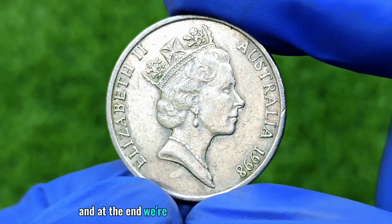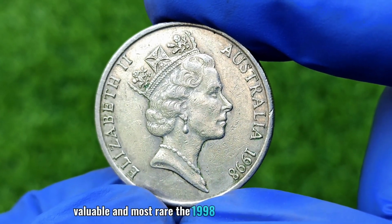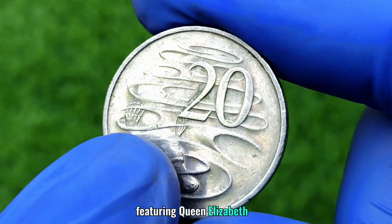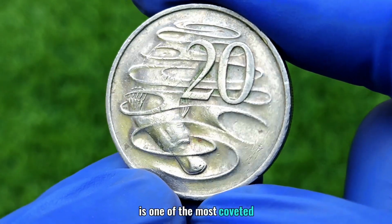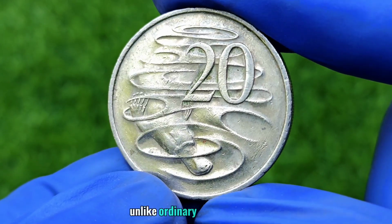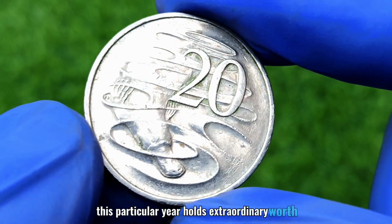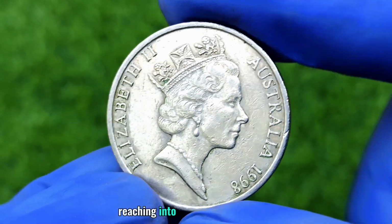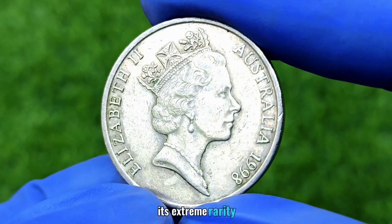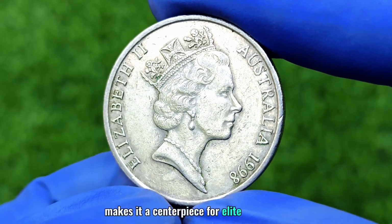And at the end, we're talking about the most expensive, valuable, and most rare. The 1998 Australian 20-cent coin featuring Queen Elizabeth II is one of the most coveted and valuable coins in modern numismatics. Unlike ordinary 20-cent pieces, this particular year holds extraordinary worth, with verified sales reaching into the millions of dollars for pristine, high-grade specimens. Its extreme rarity, combined with a fascinating backstory, makes it a centerpiece for elite collectors and